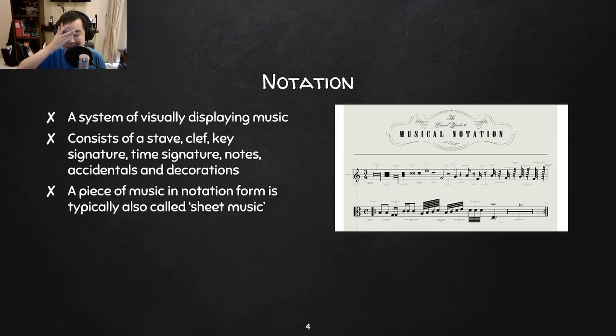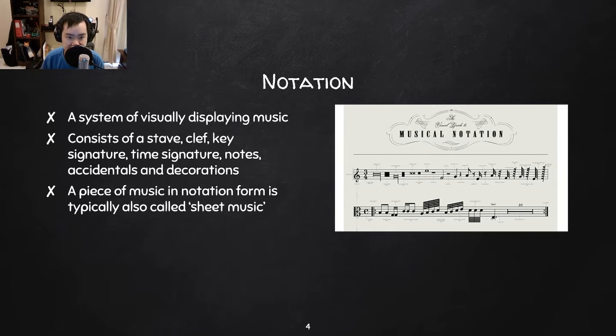All right, so what is notation? Notation is just a way of visually displaying music. Typically, you'll have this printed out or in a PDF somewhere, because a lot of the older composers didn't have access to technology, so they wrote a lot of their music on sheets of paper, and that's why it's called sheet music. It consists of a stave, clef, key signature, time signature, notes, accidentals, and decorations. I'll go on to explain some of these